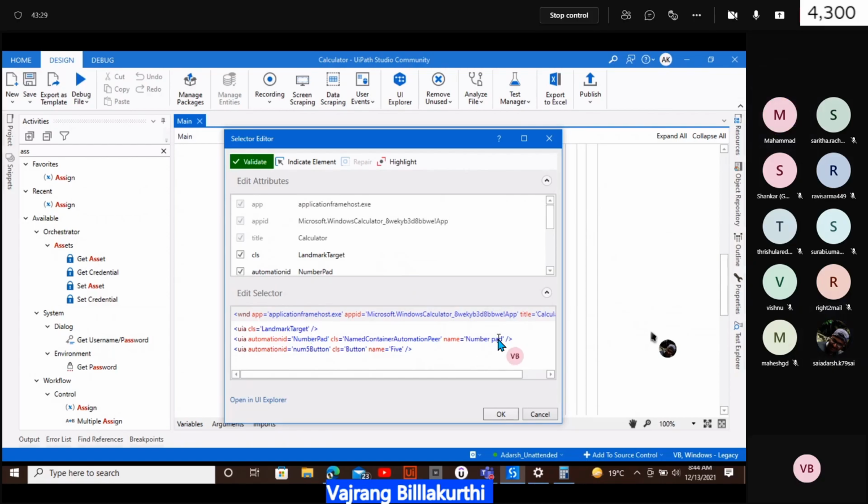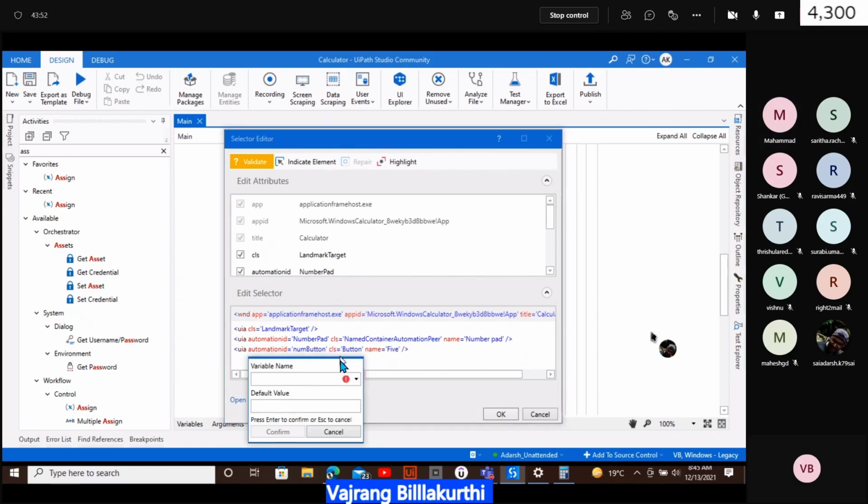If you just add 5 here, this will not be validated because there is some character before 5 and after 5 itself. So you just need to replace this 5 with the variables. Right click, use a variable, and then the variable that you can select is num2. Click on confirm.